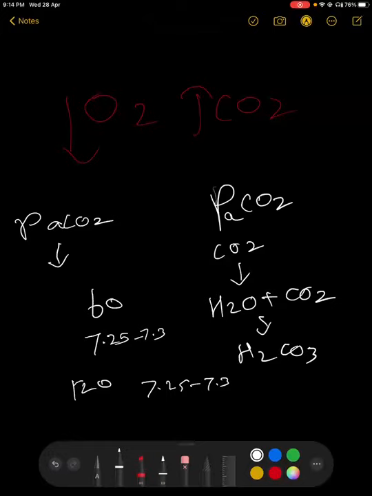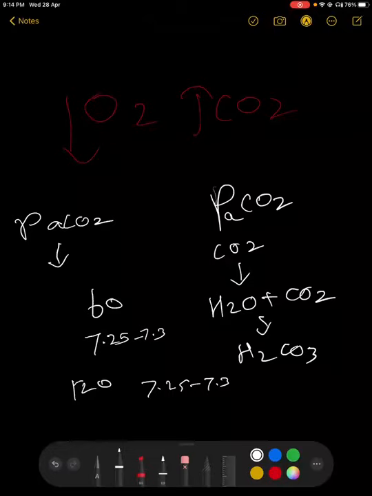The next differentiating feature is the features of cor pulmonale. Most of the time, chronic hypercapnic respiratory failure will be associated with some kind of lung pathology, so these patients might have features of cor pulmonale. This is not an exact line where you can differentiate these two; there are many gray zones, but if you keep these points in mind, most of the time you'll be able to find out whether the process is acute or chronic.